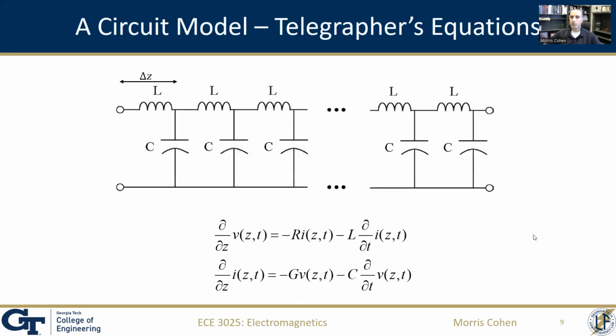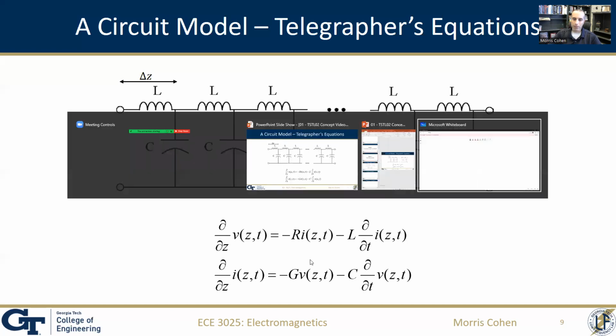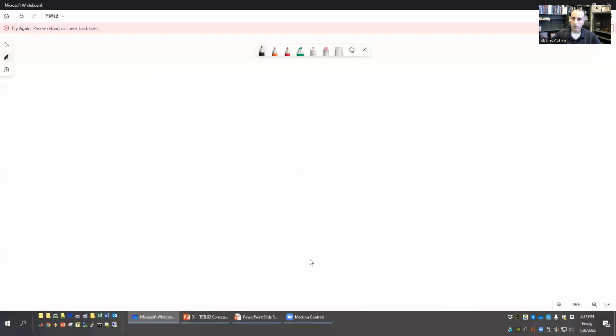So this is just to remind you what the telegrapher's equations are: the time derivative of either voltage or current is proportional to the spatial derivative of the other. There are additional terms here from the resistance and the admittance, but we are in most cases going to ignore that, and we're going to set R equals G equals 0. So let's take a look at what we're going to call the wave equation. And so just to remind you, we've got